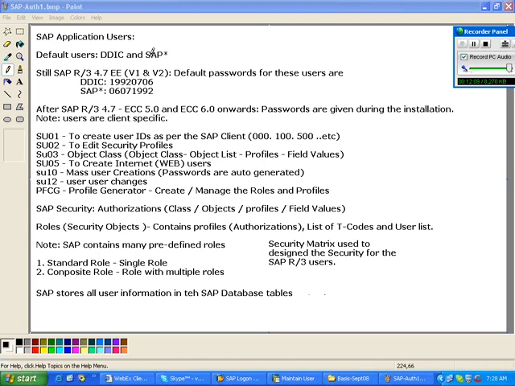So SAP has two default users. One is DDIC and the other one is SAP Star. Till SAP 4.7 version, these are the default users. Default passwords for these two user accounts are DDIC